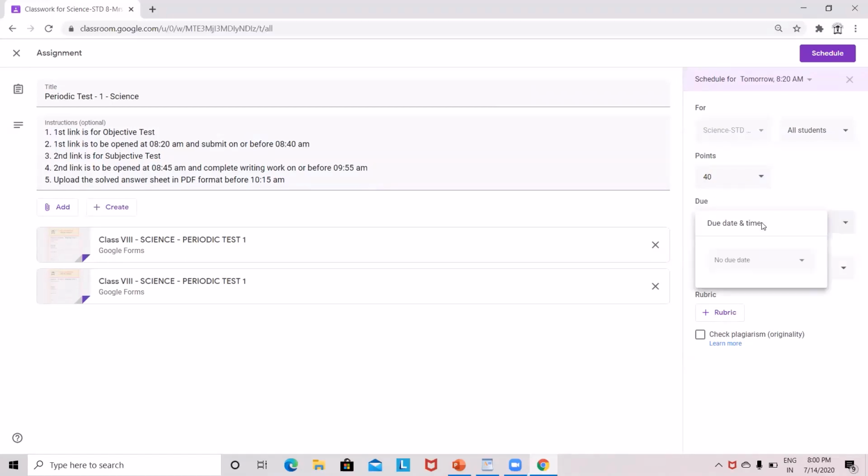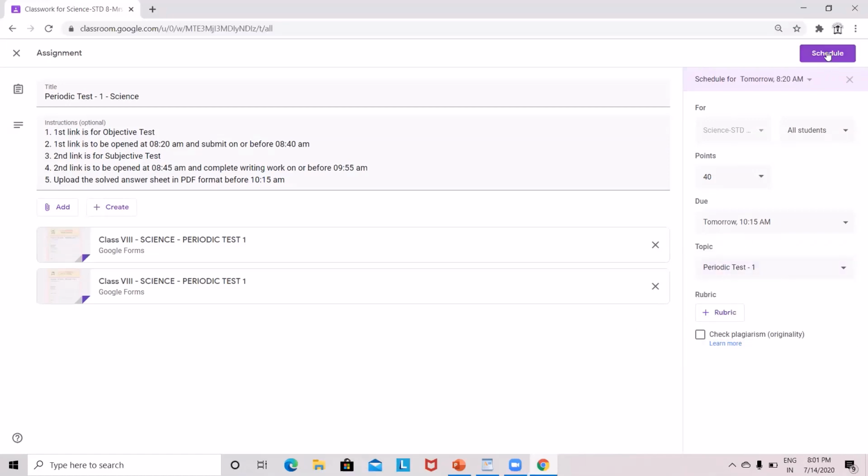Now the due date. Give the due date as the same date of the paper and the end timing should be 10:15 a.m. So kindly see this timing properly. It means your exam will start at 8:20 a.m. and will end, including the uploading of the answer sheet by the student, at 10:15 a.m. Under the topic, give the heading Periodic Test 1.